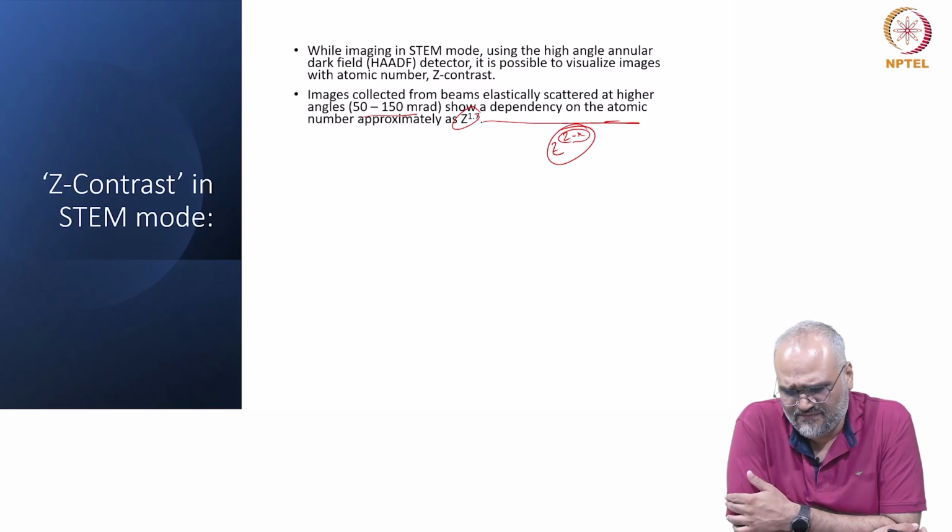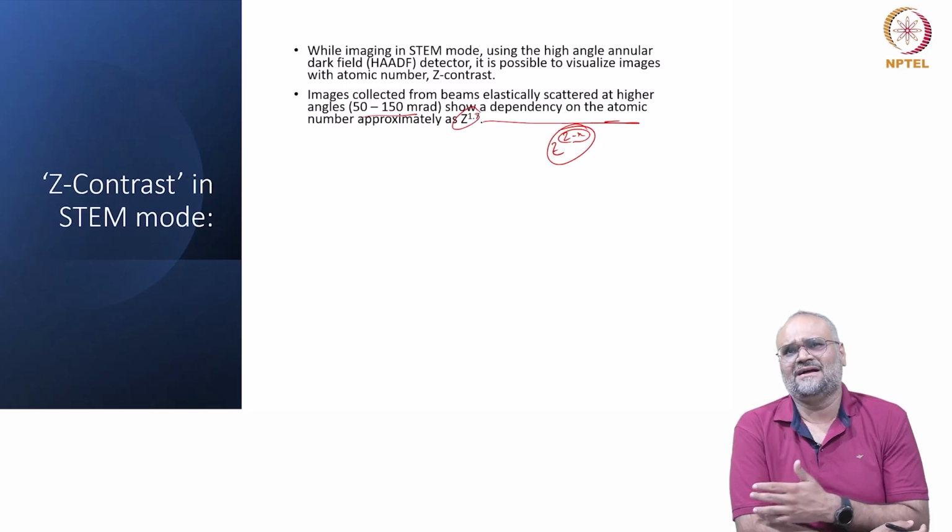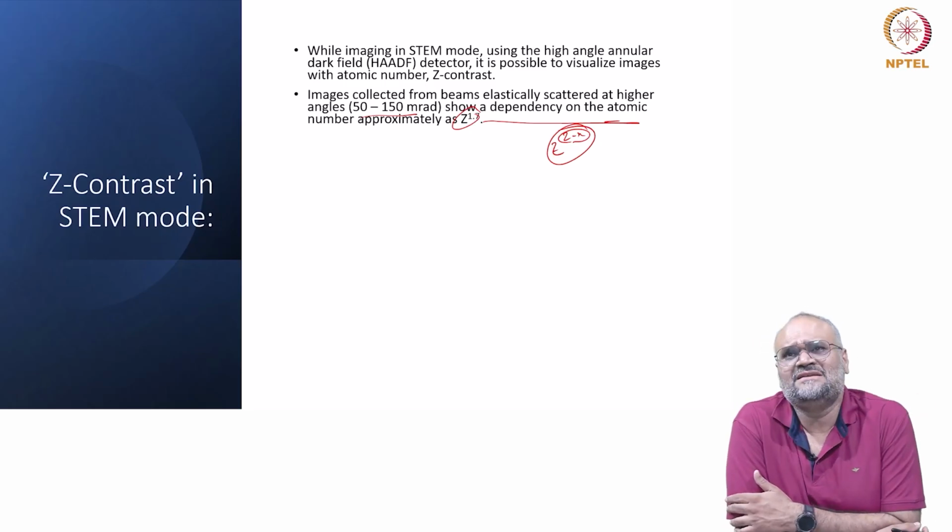There are lots of studies that have been done. There is work of Rodenburg, Pennycook, Peter Nellist, and many more. I am sorry if I have missed mentioning a few names here, but